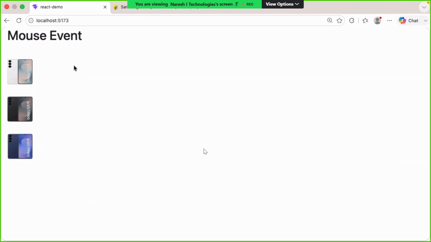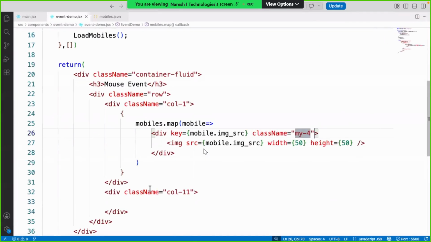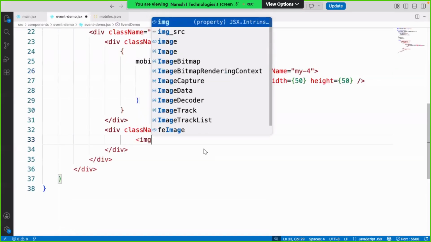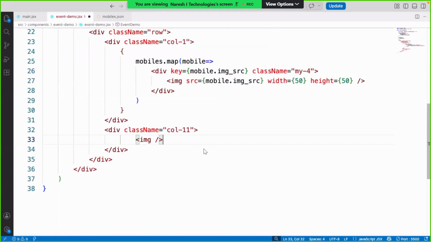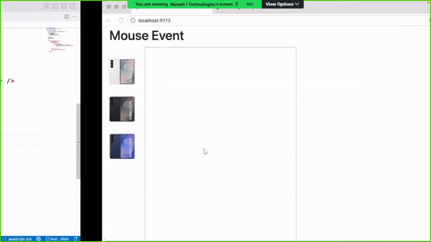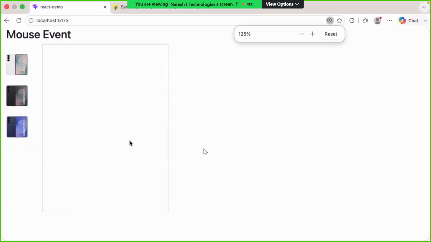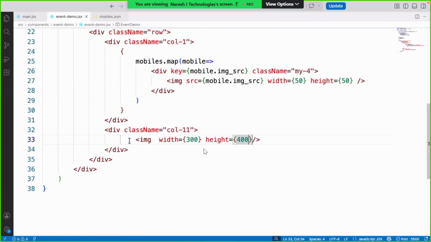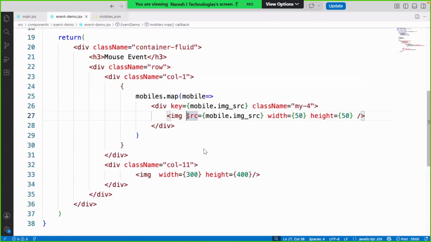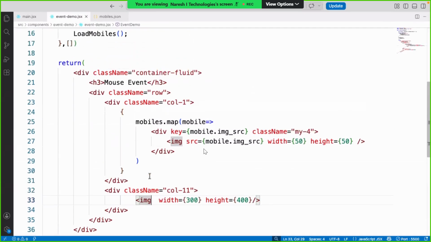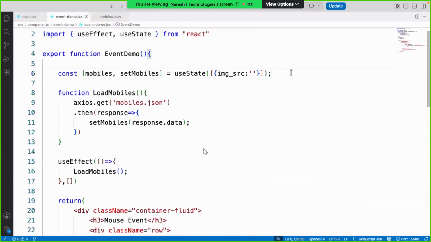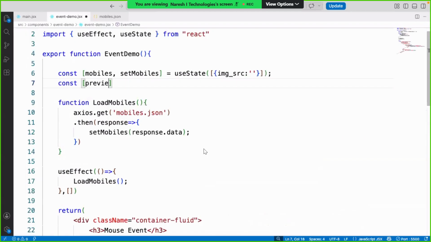Now when I move the mouse onto a thumbnail, its preview should come on the right side. On the right side I have an image with width 300 and height 400, so a little lengthy. When I move the mouse onto a thumbnail, its image source should be applied here. That means another reference I need is